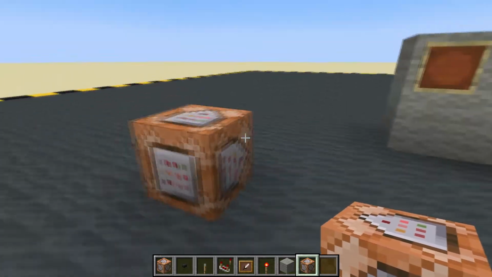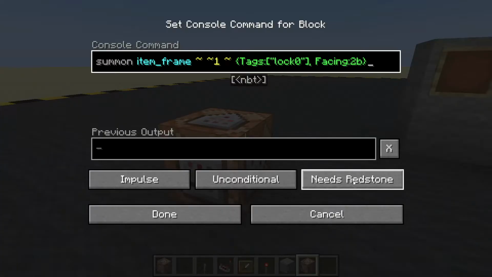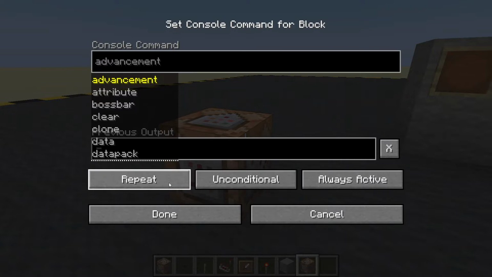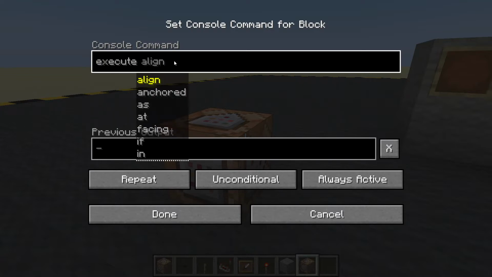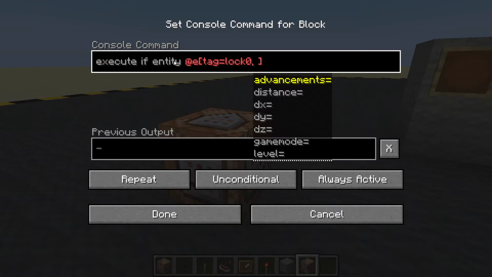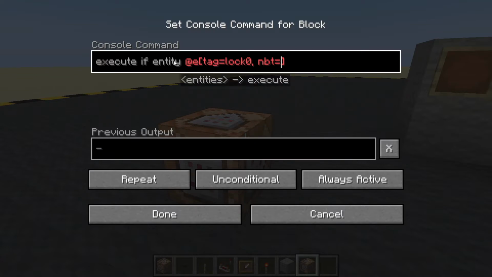There we go. Let's get rid of that. We don't need that. Let's make it always active, repeat. And let's check the first item frame. So execute if entity at entity. Let's put some information in there. We're going to check its tag. Let's check lock 0, and we want to check some NBT data,